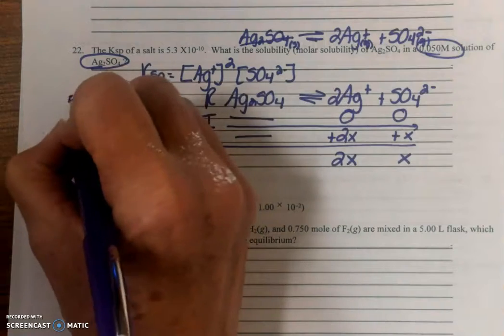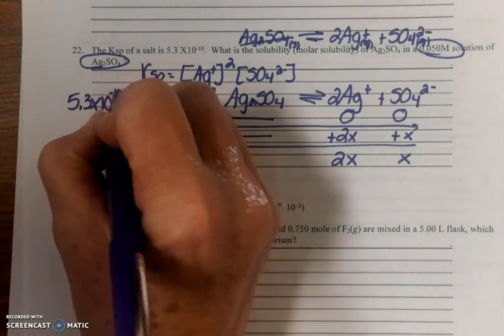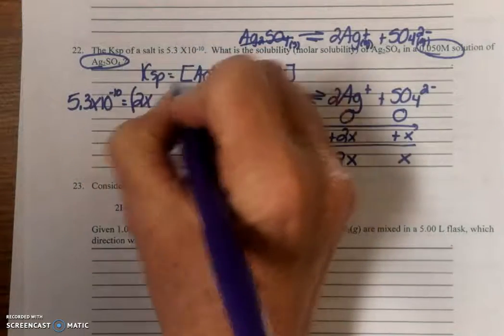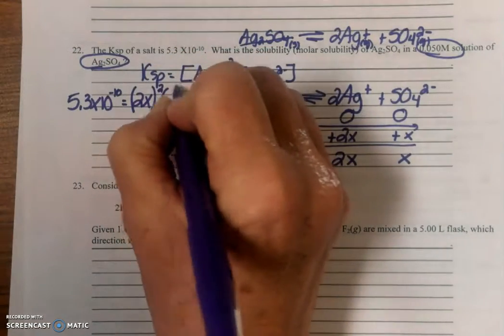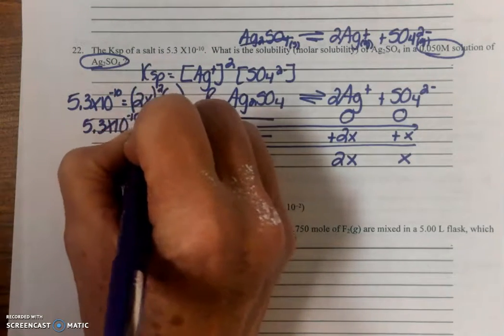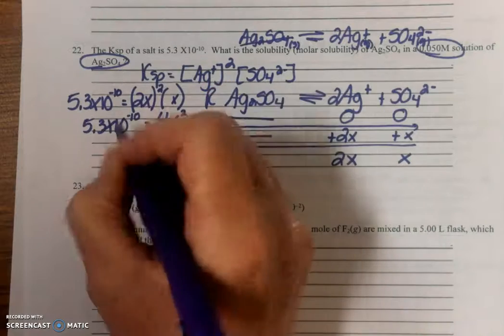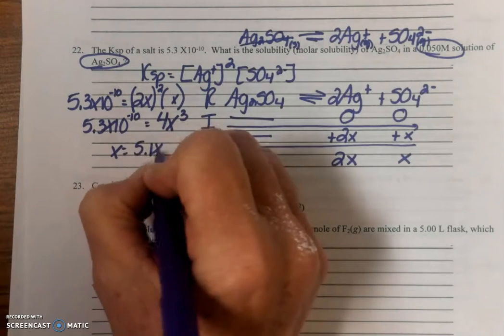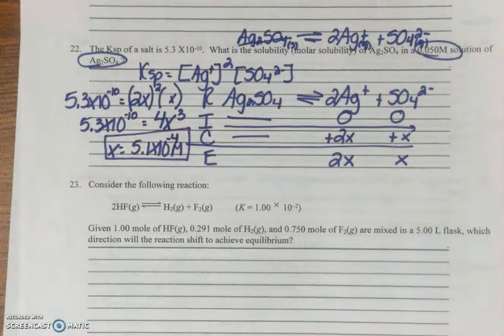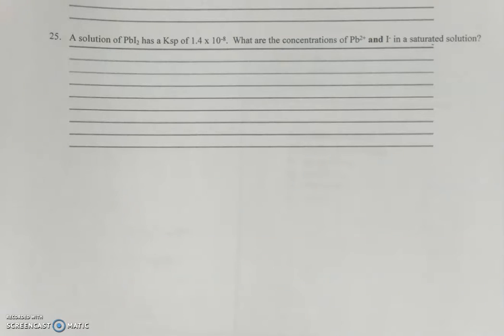So my KSP, 5.3 times 10 to the minus 10, is equal to what? 2x squared times x. That means that 5.3 times 10 to the minus 10 is equal to 4x cubed. X is equal to 5.1 times 10 to the minus 4 molar. That is, remember, x is change, x is molar solubility. Okay, so now I'm moving on to this problem because I want you to see the difference between x and